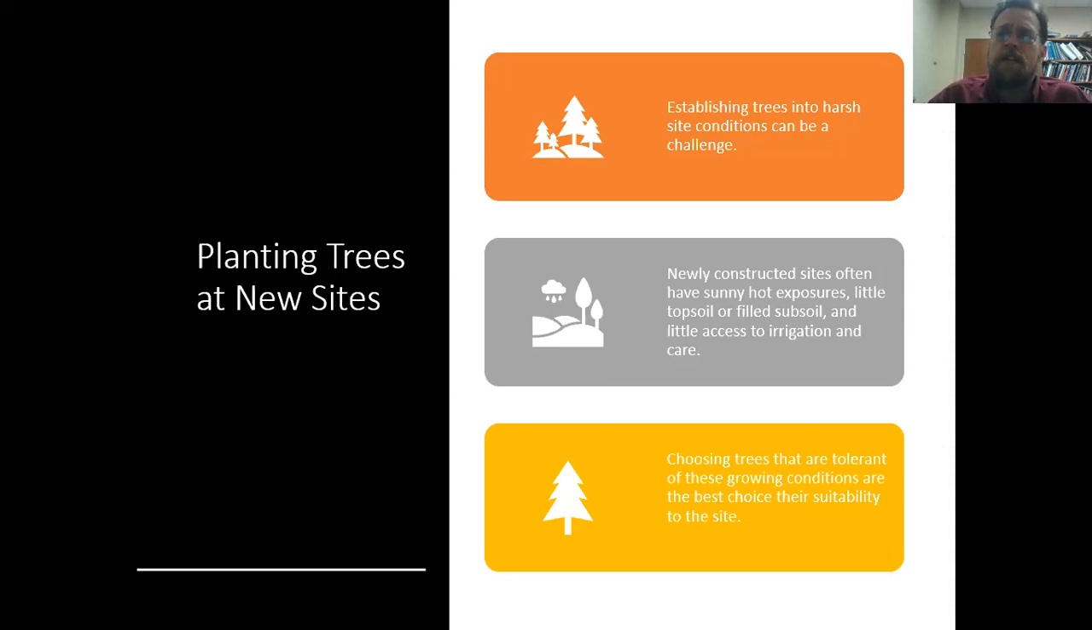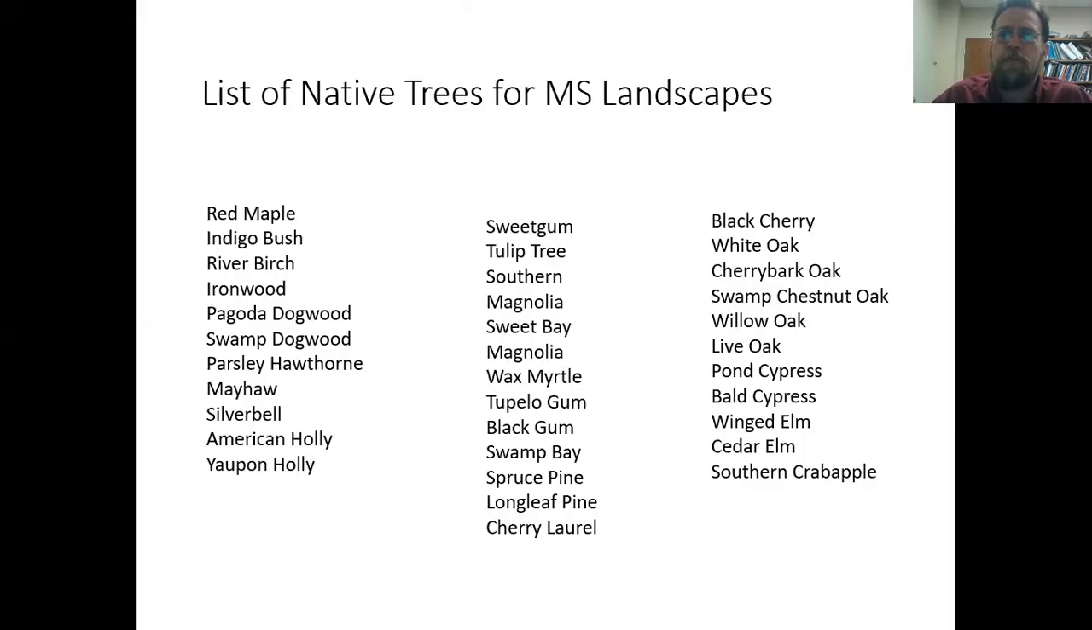Pay attention. Is that plant going to be really exposed to hot conditions, a lot of sun? Is there not a lot of topsoil for it to grow in? And just choose plants that are going to be really tolerant of those conditions, which is really going to help the suitability to the site. Now, there is a long list of native trees that work very well in different landscapes